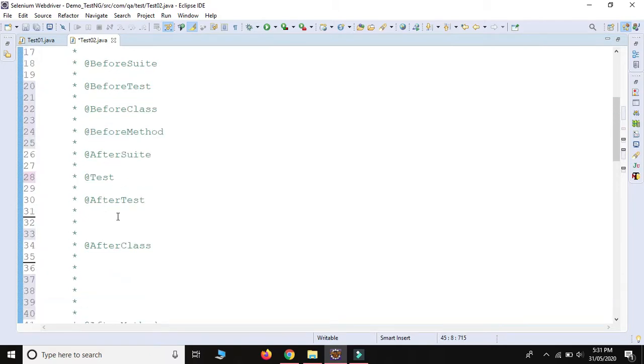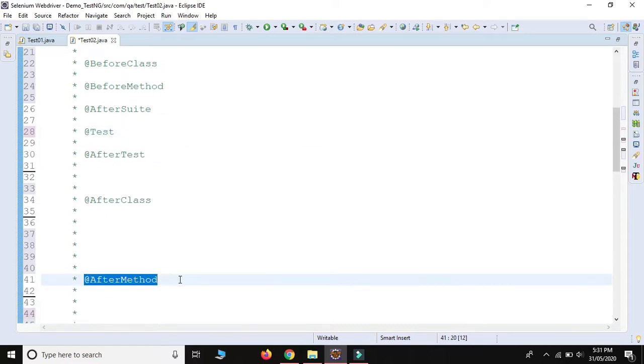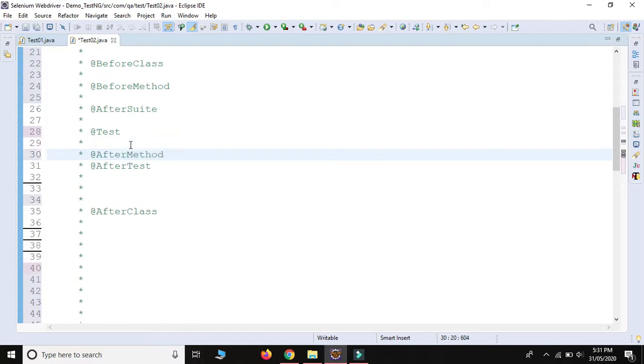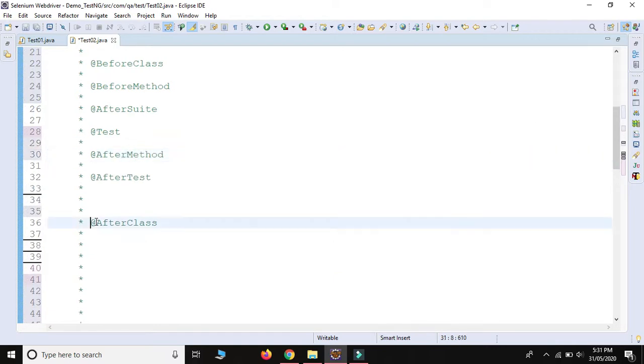And after executing, now we need to perform the descending order. So I will put @BeforeMethod, after this @Test, then I will make it class here. After class, and then after suite. Copy, cut, paste.